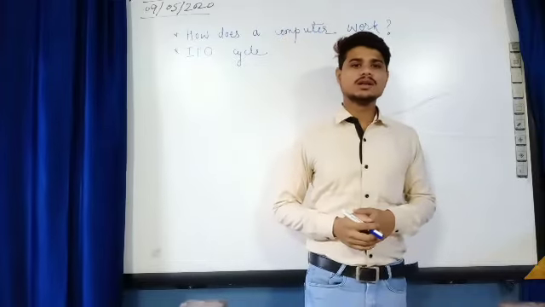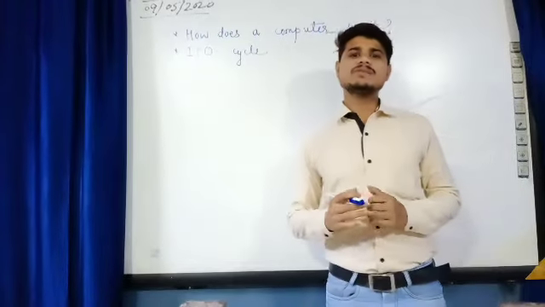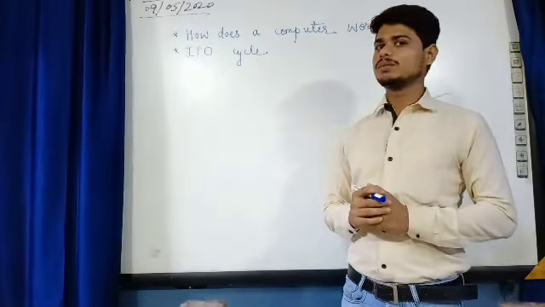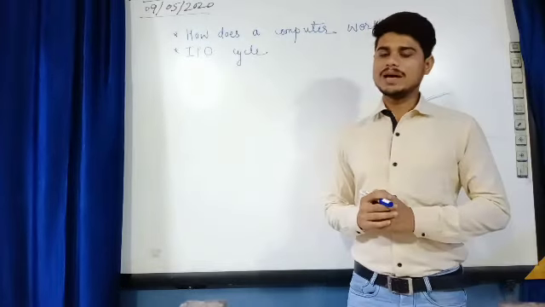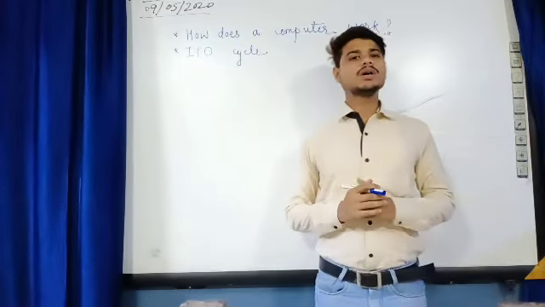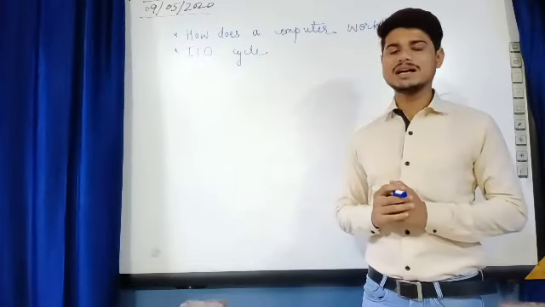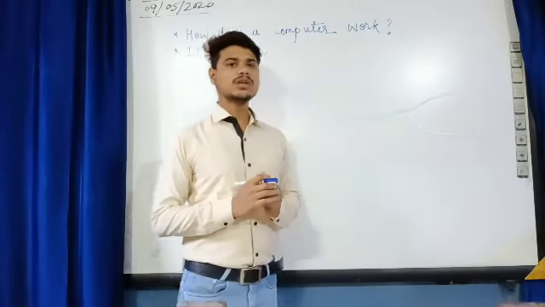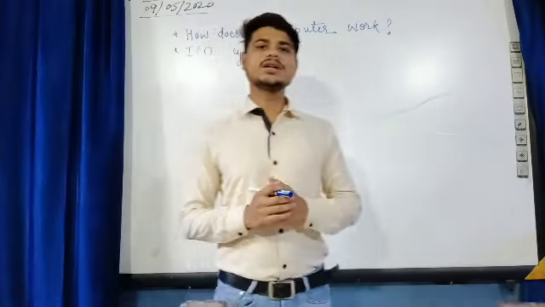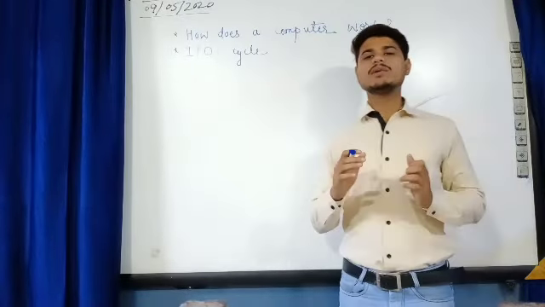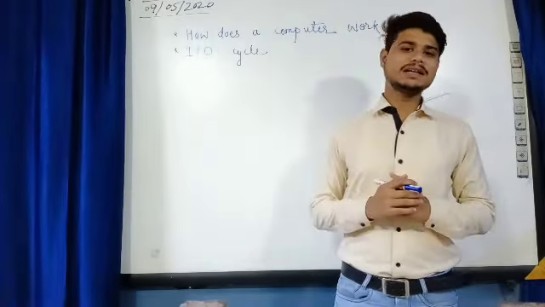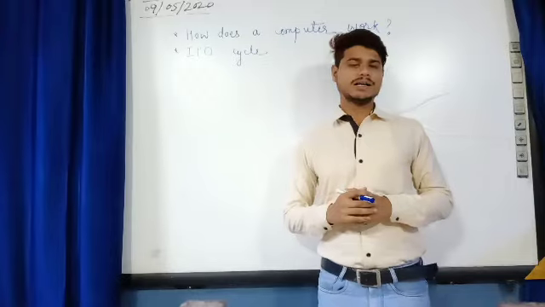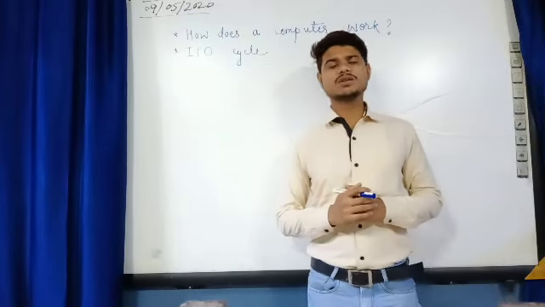So students, the different parts of a computer have separate functions, but they all work together to complete a task. The computer system consists of many parts, and these devices are divided into input devices like keyboard and mouse, output devices like monitor and printer, and the CPU, where all the memory is present and all the data is processed. But students, how do all the parts of a computer system come together to work?